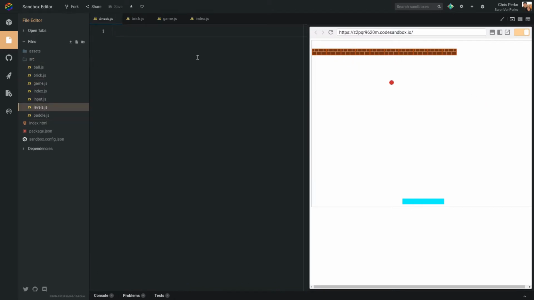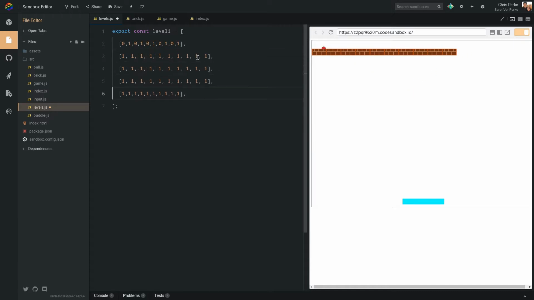And let's define what a level looks like. So level 1 is going to be an array of arrays. So let's just write it out and then I'll explain what we're doing here. So I've decided I want to do 10 bricks per row. So as you can see here, we have 4 arrays within the level array, each one corresponding to a row,